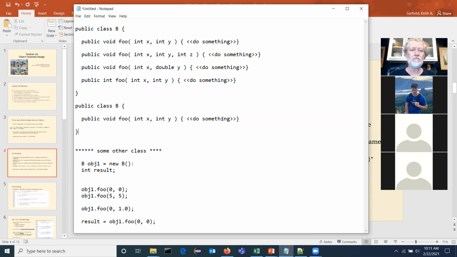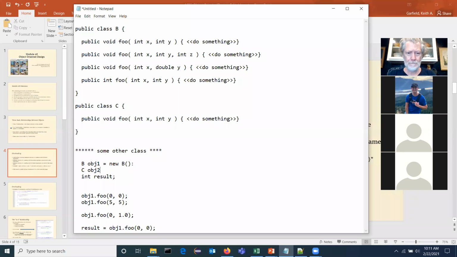Now, what if I did this? And I say here, I'm going to change that to object 2.